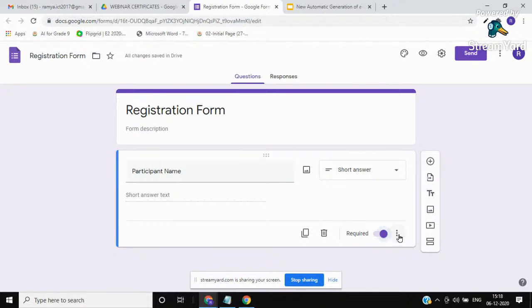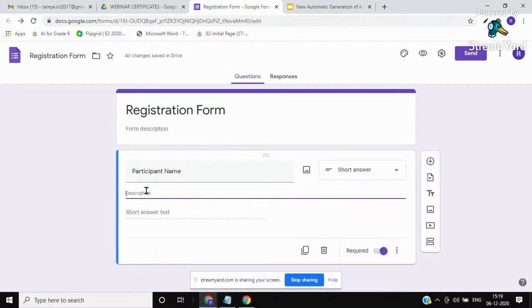To ensure that they enter the full name and the correct name, please add the description. You can see there is the three vertical dots. So click on that, click description, and here please write enter full name as you want it to be